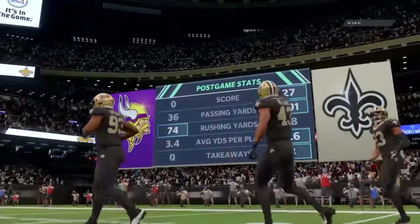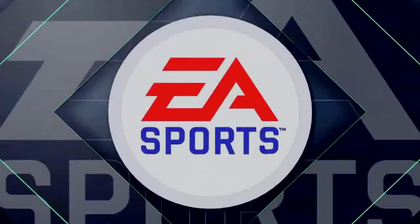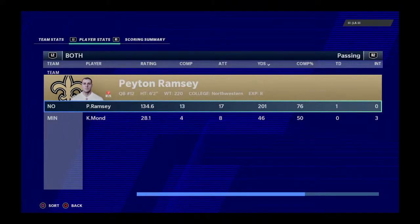So for New Orleans, it's a critical win for them as it gets them to 9-6 on the year. And they will hit the road next week to take on the Carolina Panthers. Meanwhile, for the Vikings, they'll be guaranteed